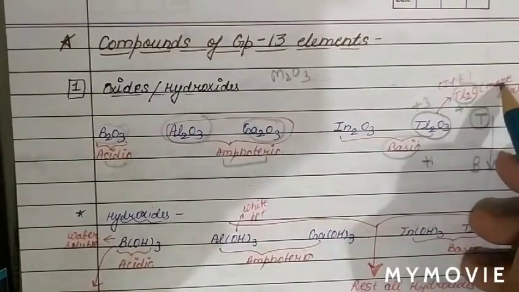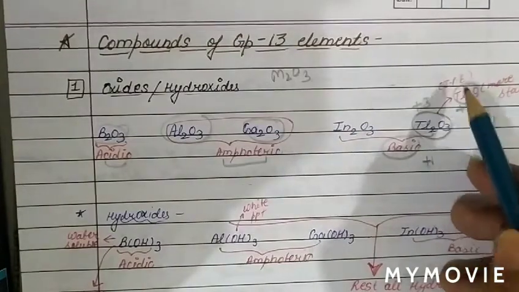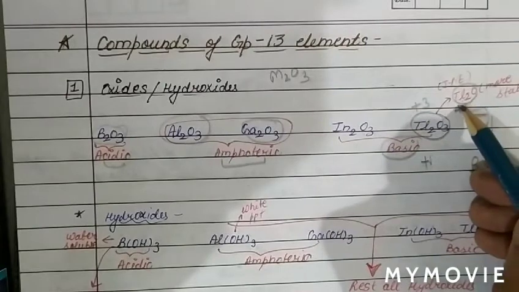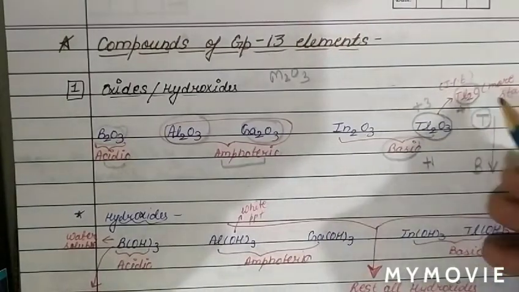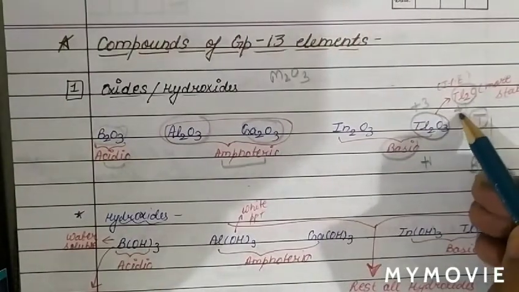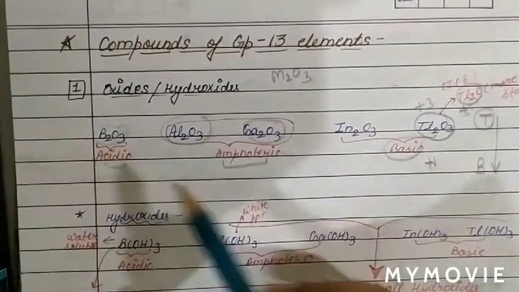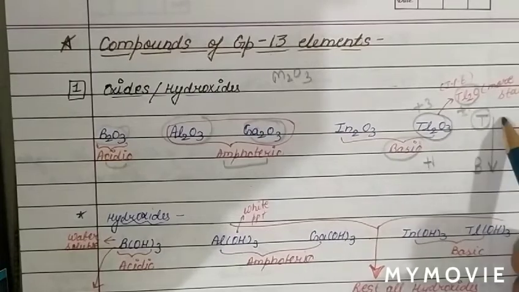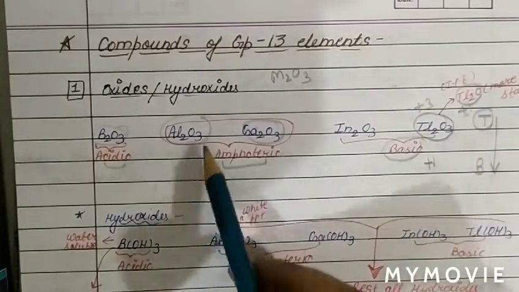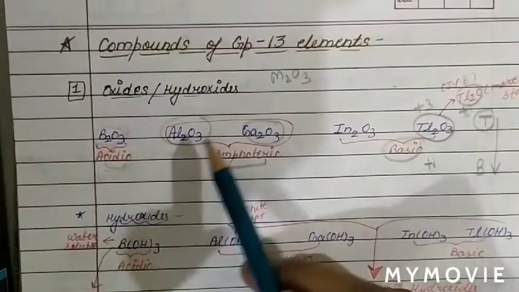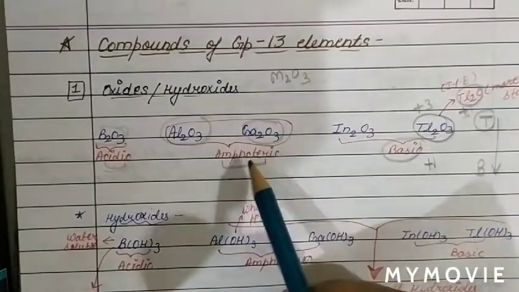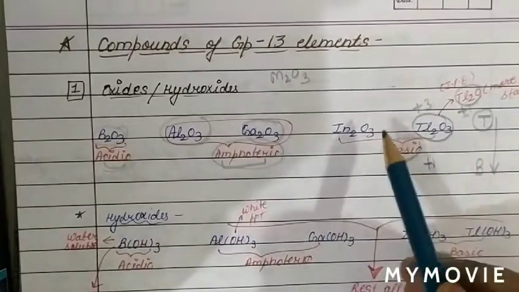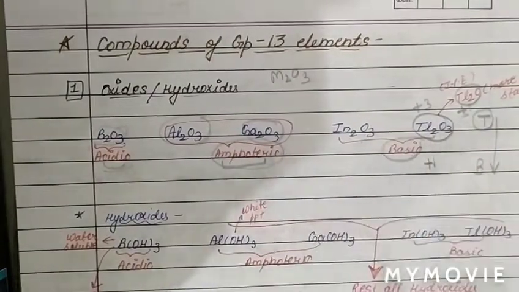So Tl2O is more stable as compared to Tl2O3 because, due to the inert pair effect, we know that for lower elements the lower oxidation state is stable. So we can see that when we move from top to bottom, basic nature increases because electron loss tendency increases. Therefore B2O3 is acidic, while Al2O3 and Ga2O3 are amphoteric because these oxides can react with acid and base, while In2O3 and Tl2O3 are basic in nature.